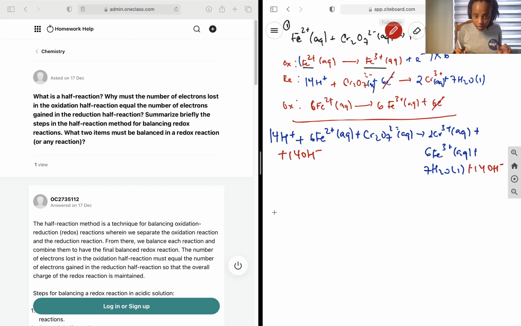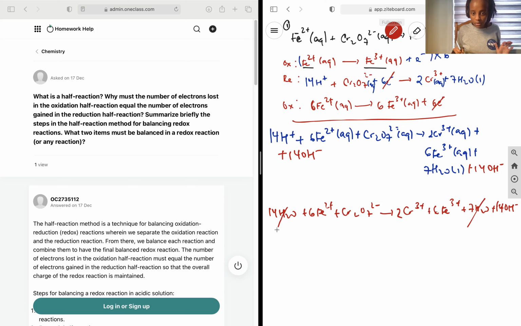This becomes 14H2O plus 6Fe2+ Cr2O7 2- to 2Cr3+ 6Fe3+ 7H2O plus 14OH-. Let's cancel out these H2Os, and we get